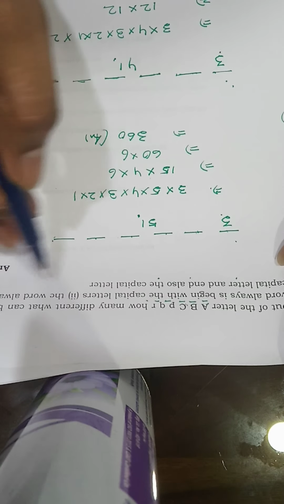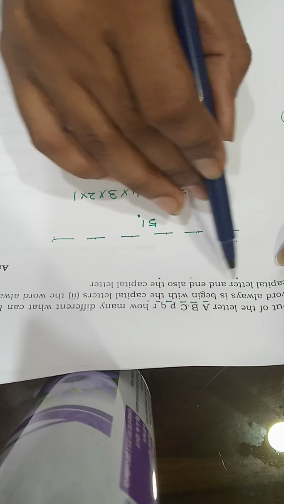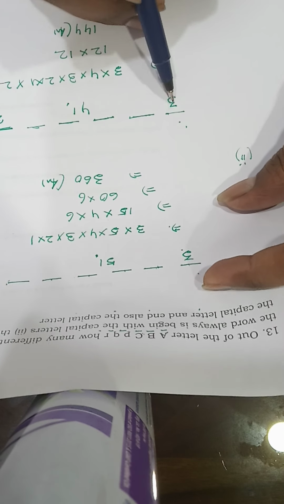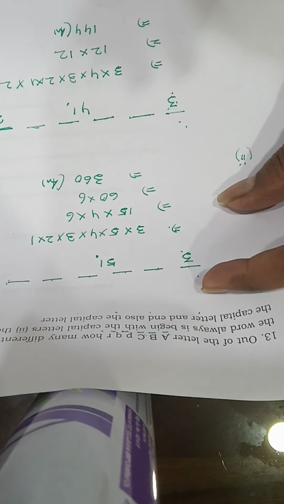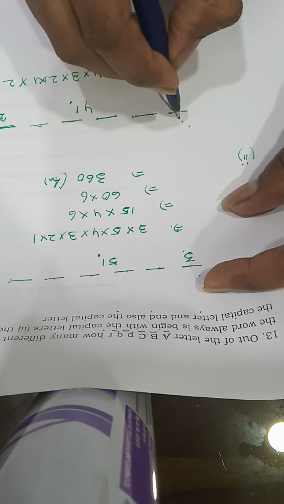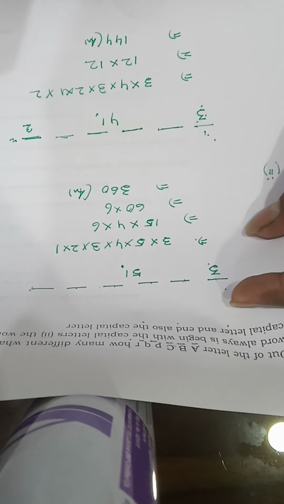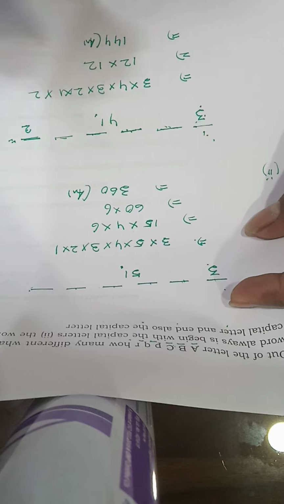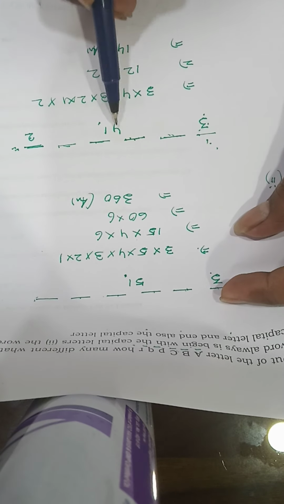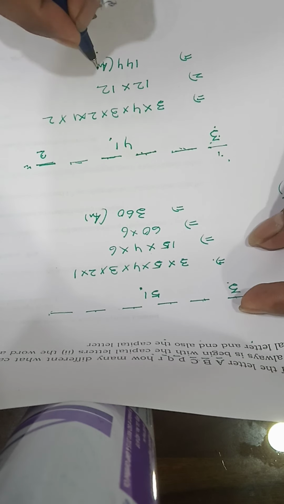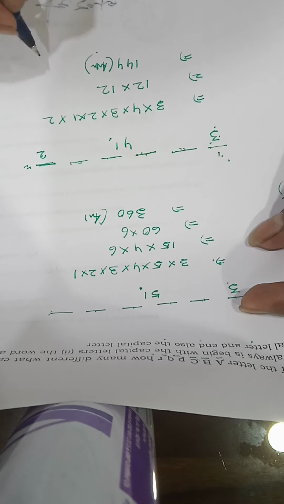Now again, I explain this particular sum, especially the last one. The word always begins with a capital letter and ends also with a capital letter. Now there are 3 capital letters. So you can put in the first space A, B, C, any of them. If any one is put over here, there are 2 capital letters left for the end. So how many spaces are left? 1, 2, 3, 4. So as simple as that, I can say 3 into 4 factorial into 2. So the answer will be 144. Hope students you will understand and do my homework. Thank you so much.